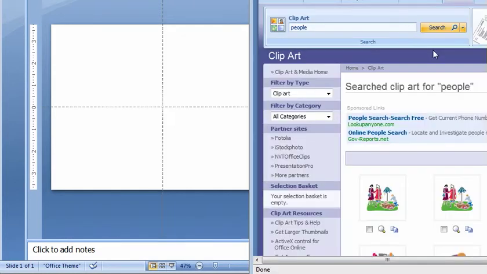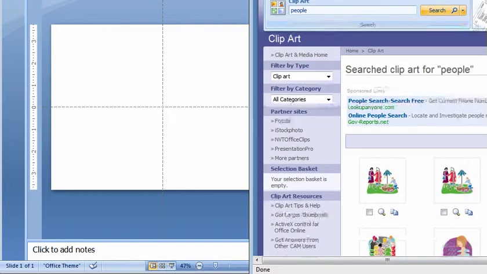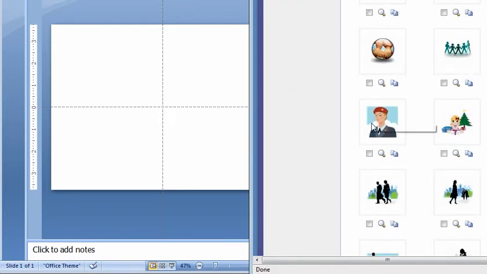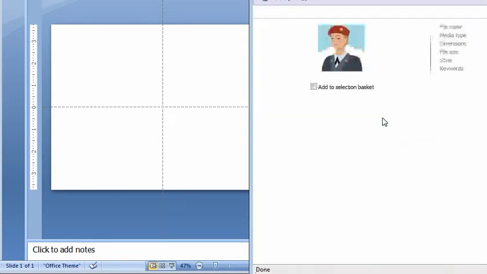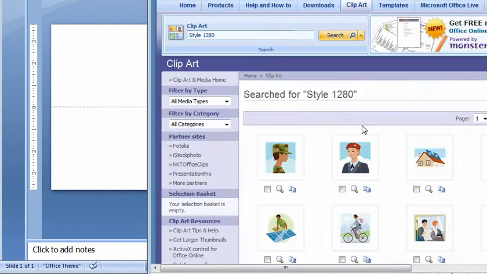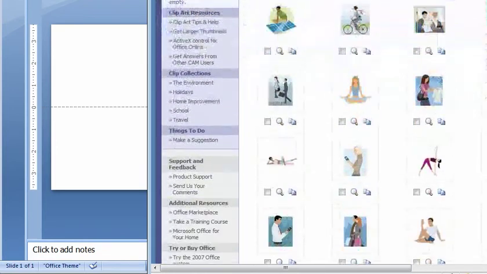I'm on the Microsoft Office site, and now I can find all these different people settings. Let's say I like this particular style of clip art. What I can do is click on the image, and I don't know if you can see it here, it tells me that it's a style 1280. So I can click on style 1280, and that'll pull up all the images that match